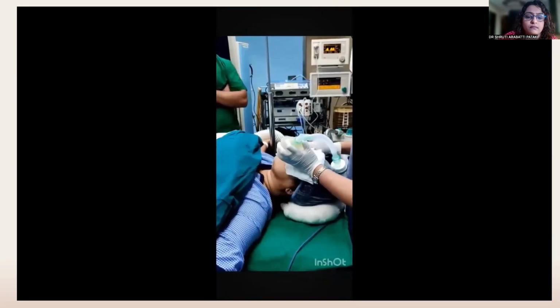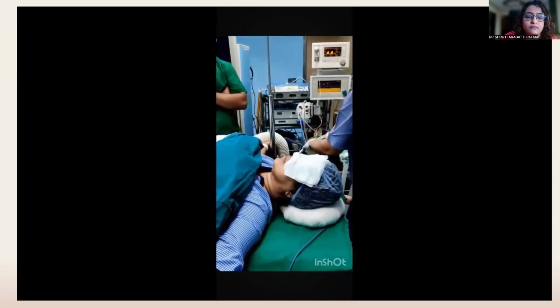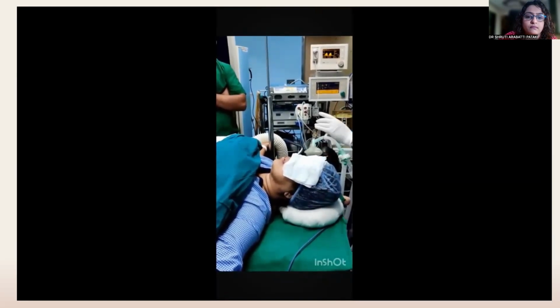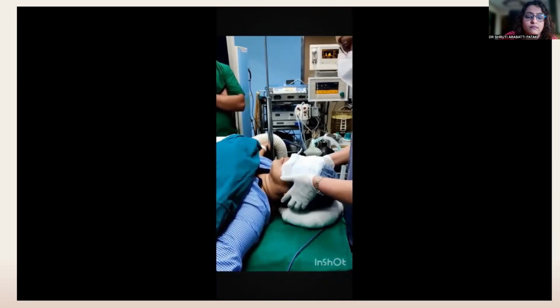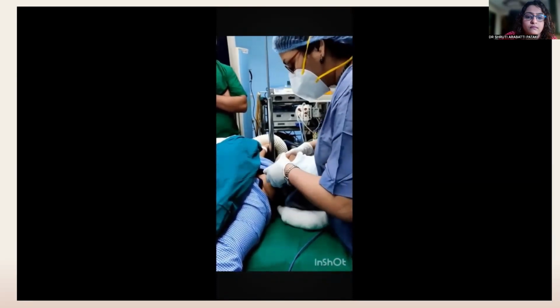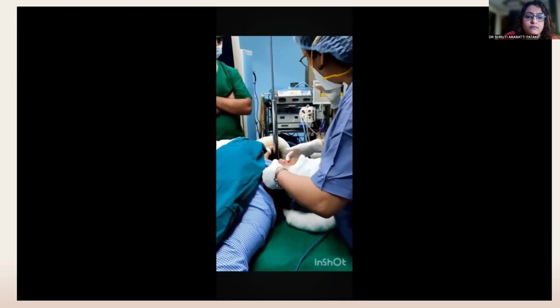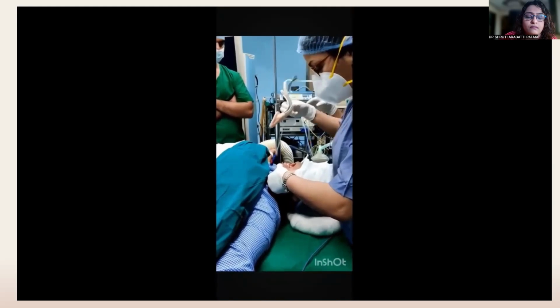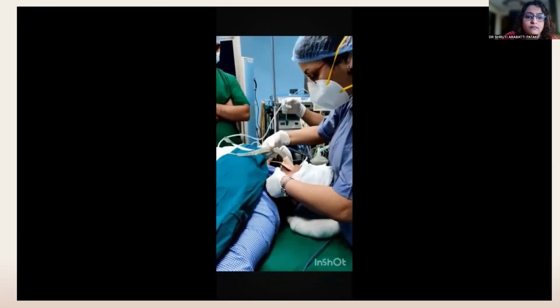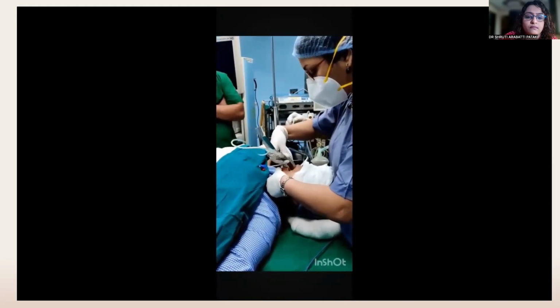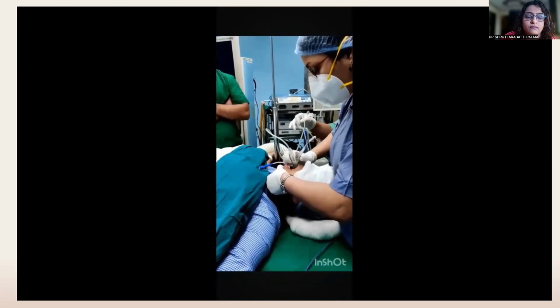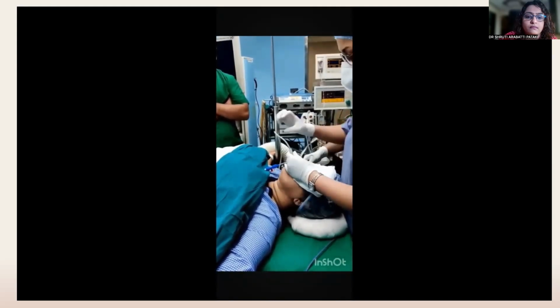The ideal head position would be head extension with neck flexion as in intubation, but the advantage of LMA is that it can be inserted with minimal head and neck manipulation. Open the mouth and introduce the LMA along the hard palate with the bowl of the LMA facing the tongue. Slide it further into the hypopharynx till definite resistance is felt.